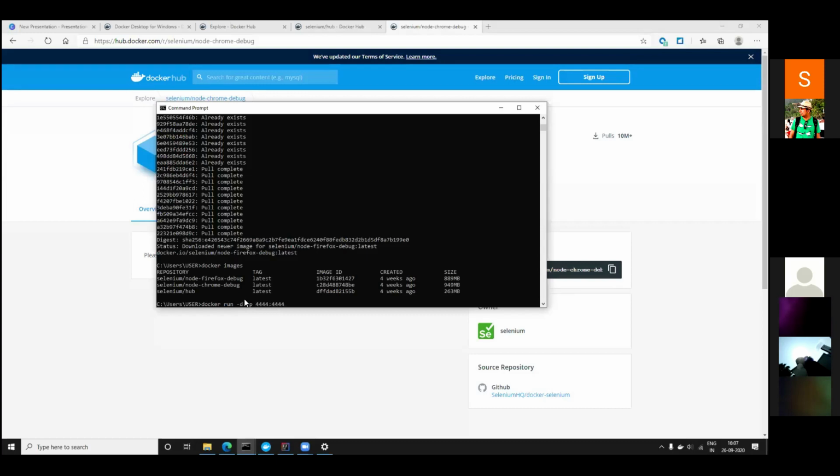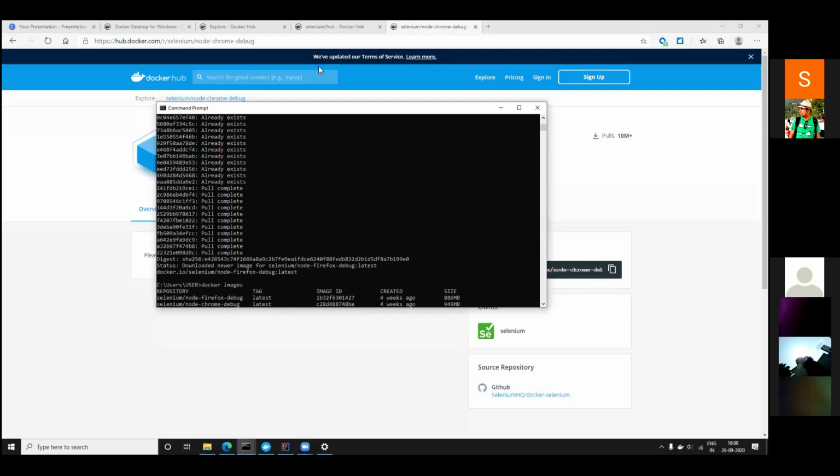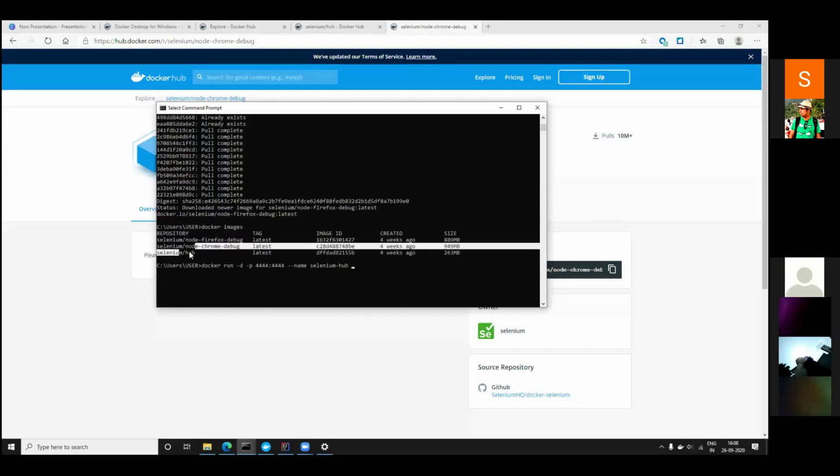On this port, my machine is going to run. I'm going to name this machine selenium-hub, and I need to provide an image name from which this container is going to be built. We have 3 images, and I'm going to run this container from this image. Okay, selenium hub.